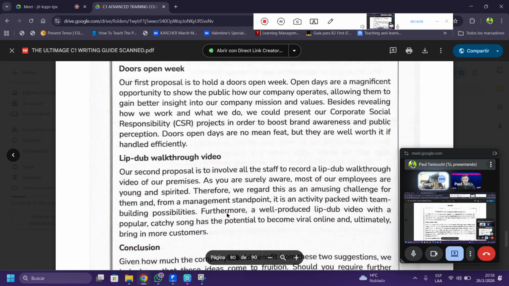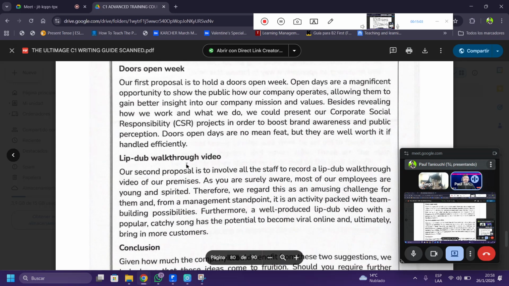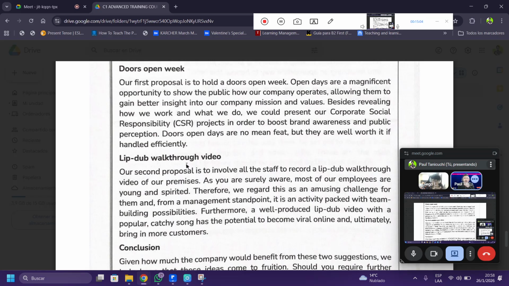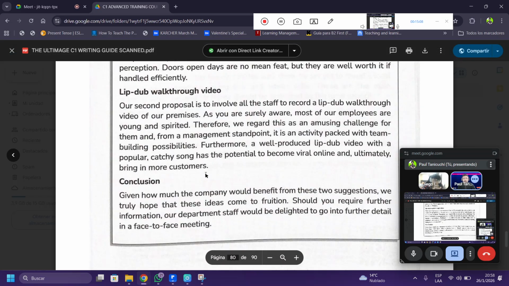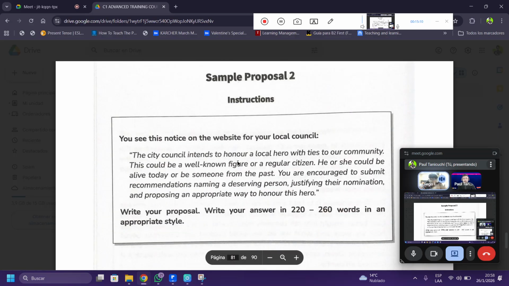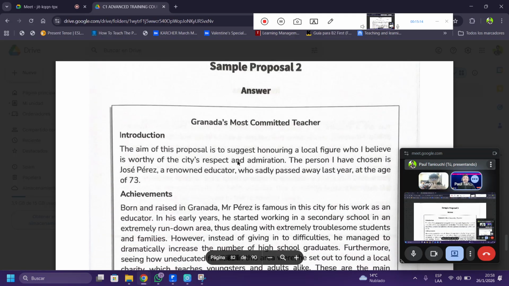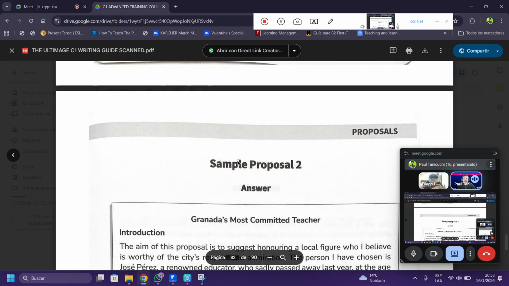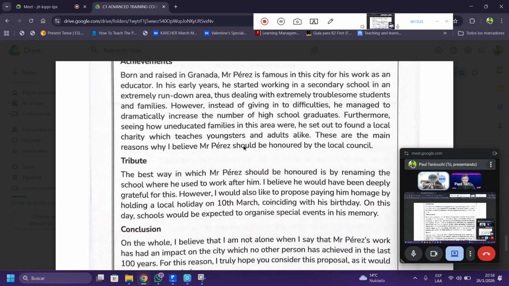So it's like two, no more than two body paragraphs, aside from the introduction and the conclusion. It sounds like a review with its subheadings. It's very similar, but it has to be in a formal style, with the suggestions in the introduction. There you are.